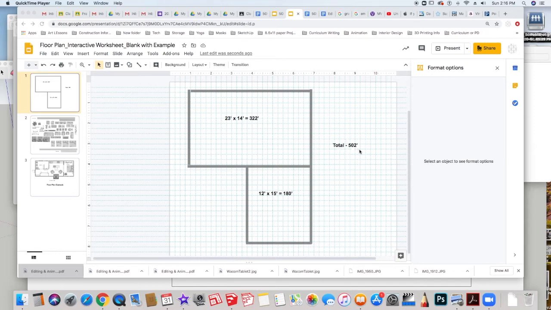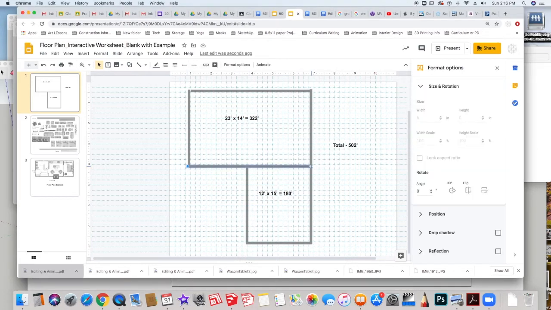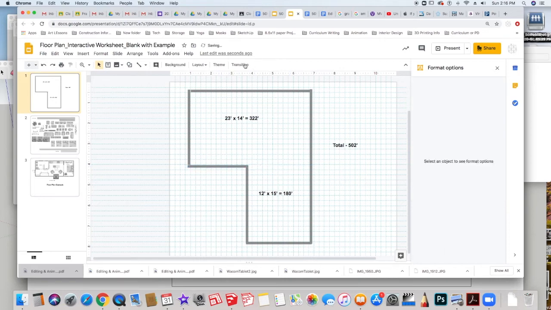That's okay. It's within the realm of margin. It's okay to be just a couple feet over. You just can't be like 10 or 20 feet over. Once you have your squares fixed like this, I'm going to take away this middle part. So again, I'm going to mouse over, select it, hold the Shift key, and bring that wall back. So now I can really see the space that I'm working with.